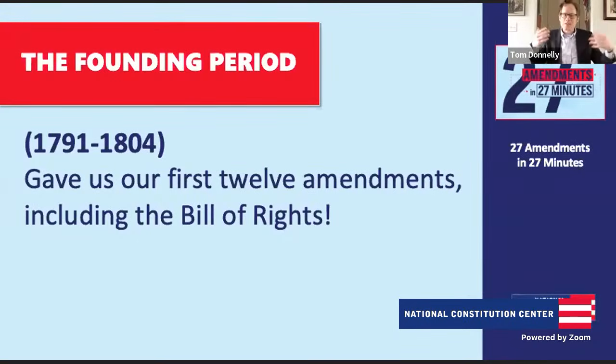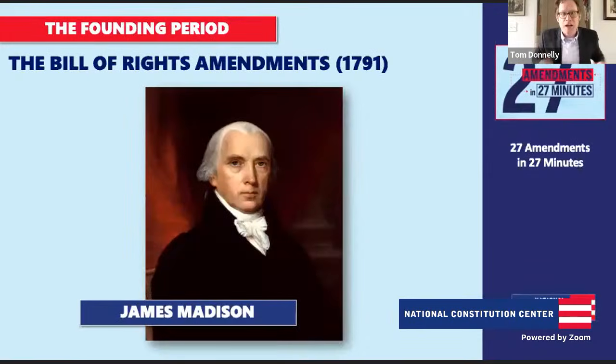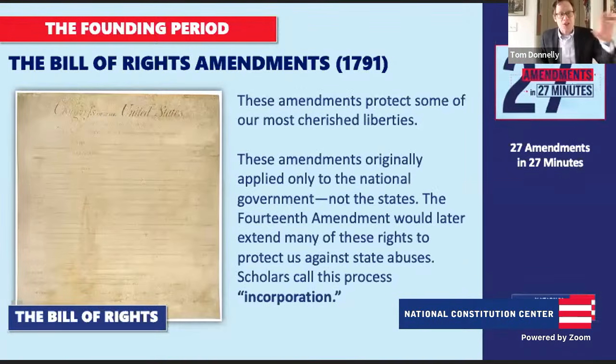Yeah, it's so interesting. You're right. One of the first things we do in the first Congress is propose these amendments to the Constitution, and it's not as though they came out of nowhere. It's James Madison sitting in the U.S. House of Representatives that takes up the laboring oar of writing these amendments, but they emerge from the debates over the ratification of the Constitution itself, between the Federalists supporting the Constitution, the Anti-Federalists opposing it. Those who opposed the Constitution, one of their main criticisms of the document was that it didn't have a Bill of Rights.